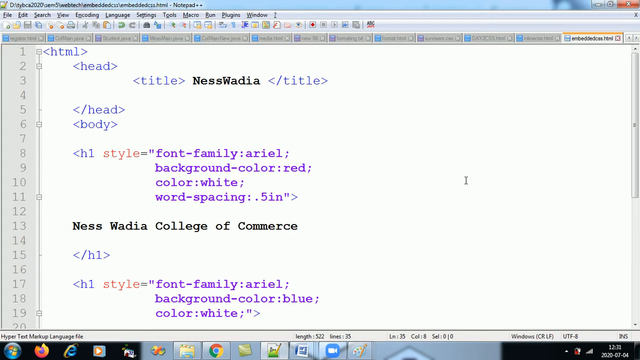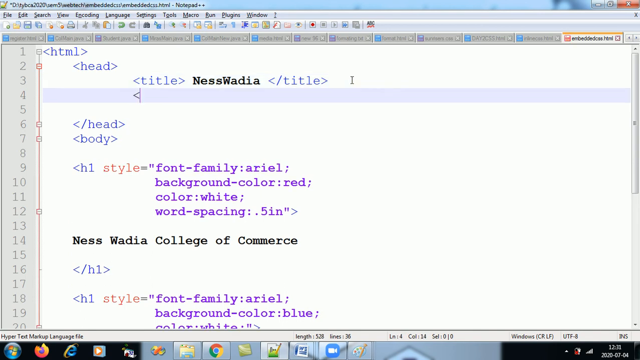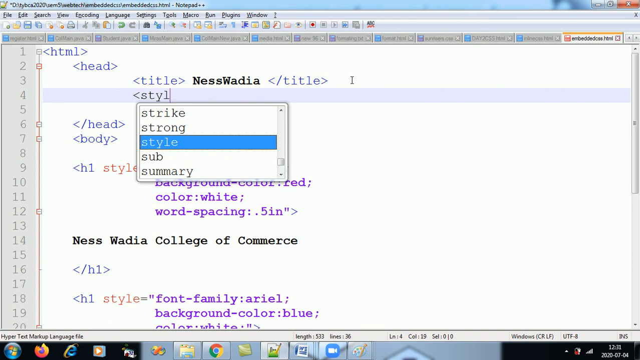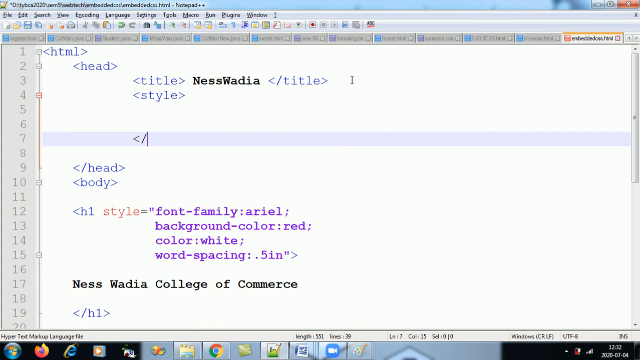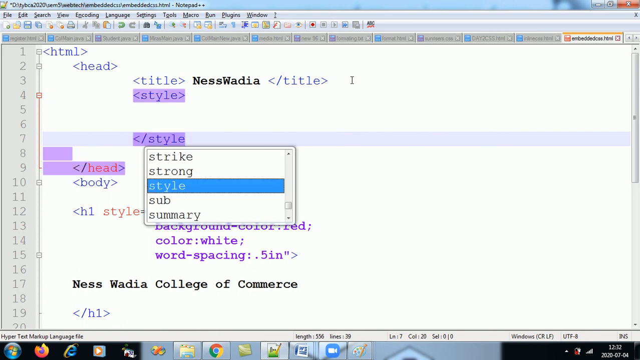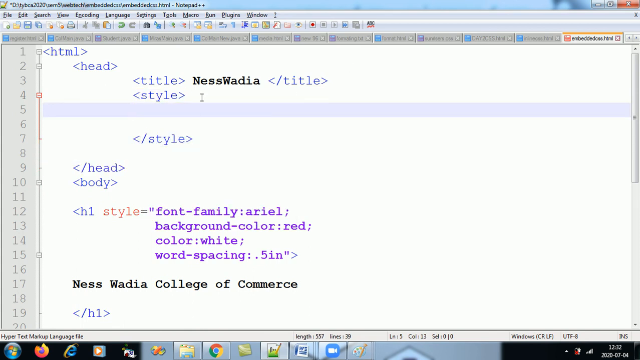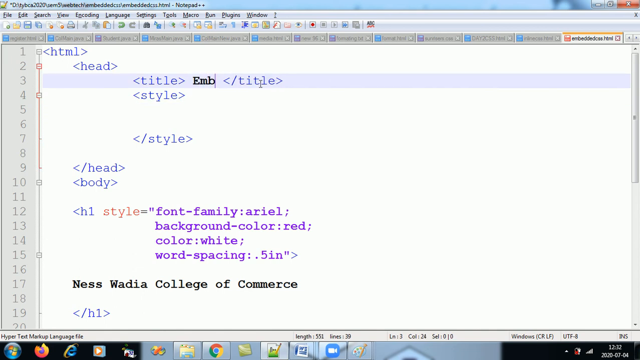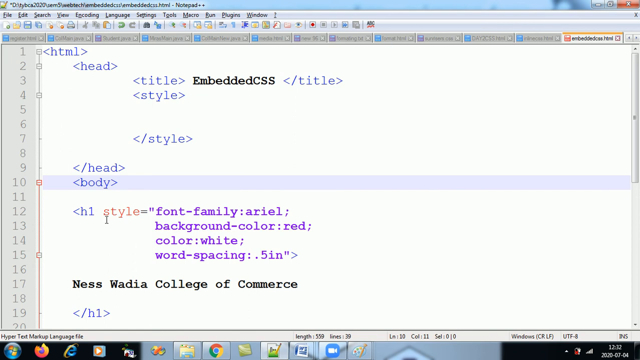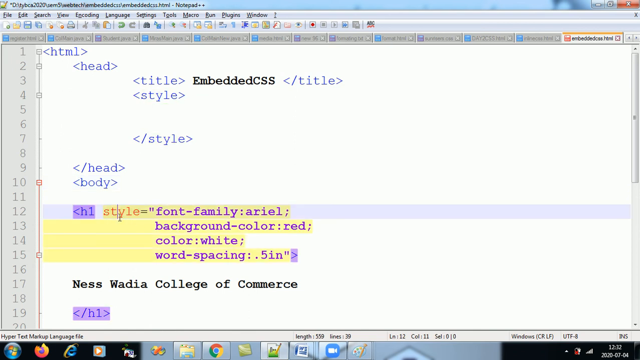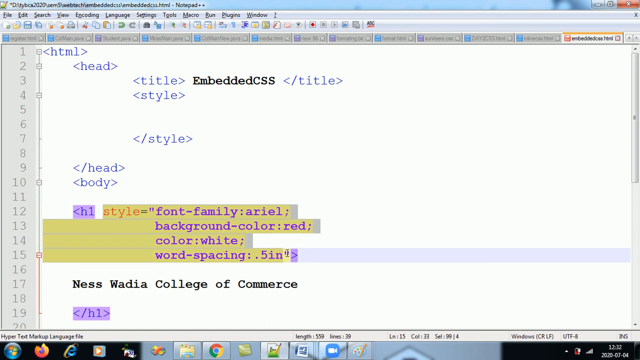and you save it. So what happens over here in embedded is you go to the head. So as title is the child of head, you can also give the style as a child of head for your embedded CSS. So now what we can do is, instead of giving the style over here,